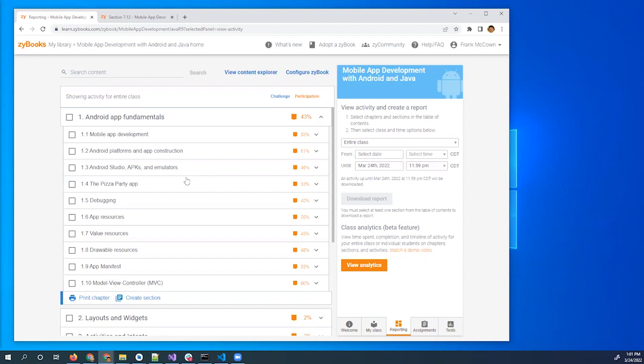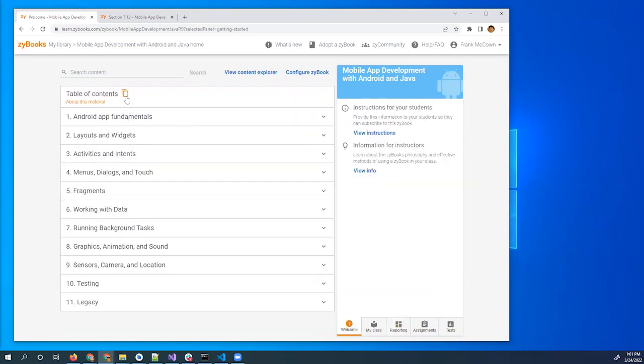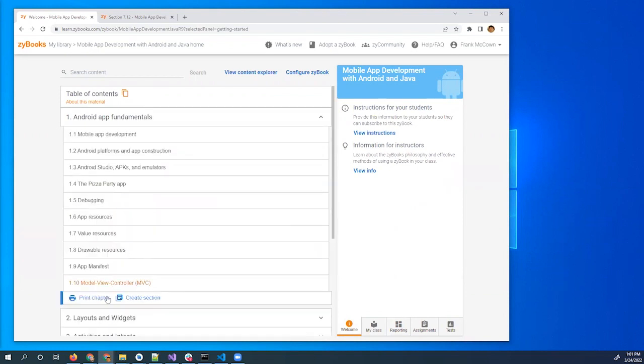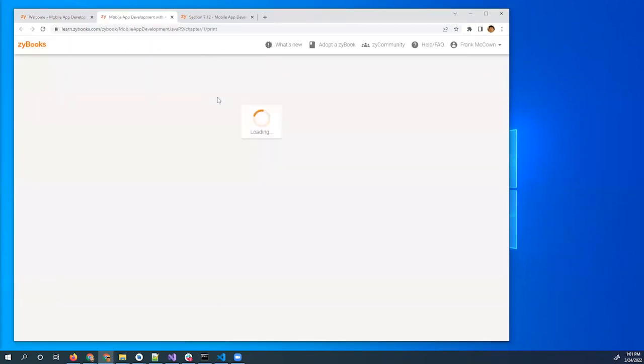Somebody asked about cost. So we probably should have addressed that at the beginning. zyBooks has a national pricing model where all of our products cost the same. So our national price is $58. That includes access to everything for the semester. But if you see at the end of the chapter that Frank has open, there's a print chapter button. We actually do allow students to print our material or save it as a PDF. So that $58 gets them access to the content perpetually. It's just that all the interactives and the grading are only there for the semester. So that's something to keep in mind.